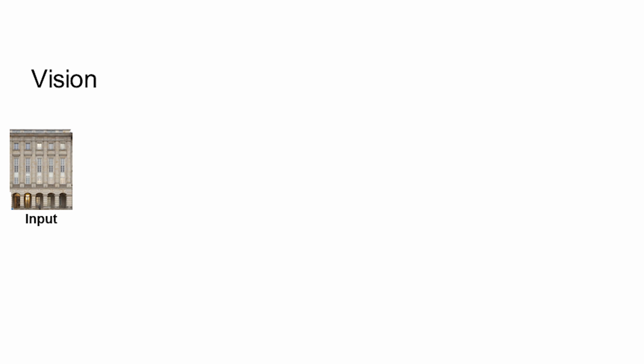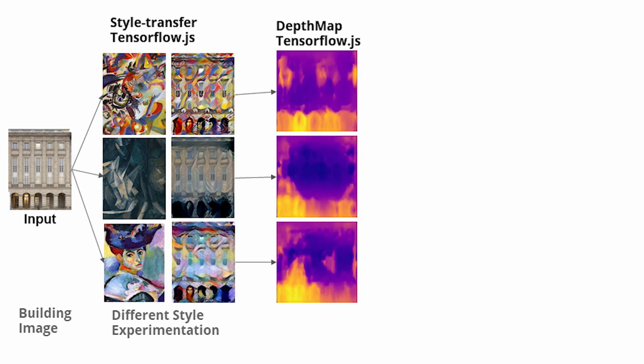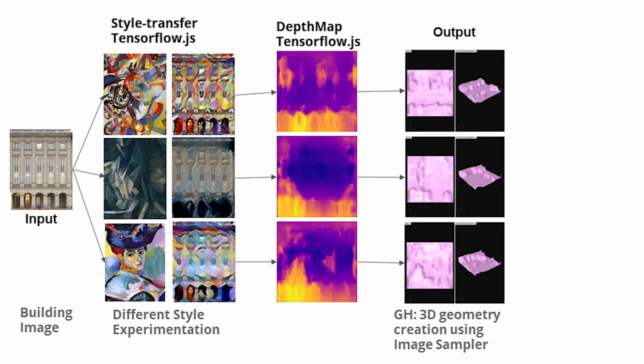So this is an input image, and one can apply any style. They can select different artistic styles and apply them. And moreover, there are various other parameters which one can play with. They can select which convolutional layers they want from the stylized image or style content. And to take it to another level, one can blend two different style images and create a hybrid style out of a mixture of the two, and that's how it can be forwarded to the depth map, and different types of geometries can be created.